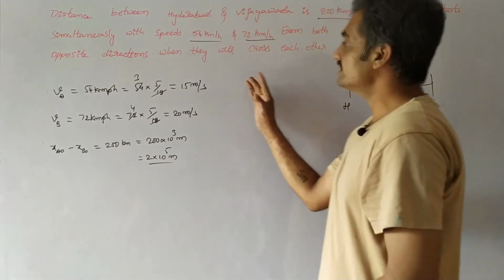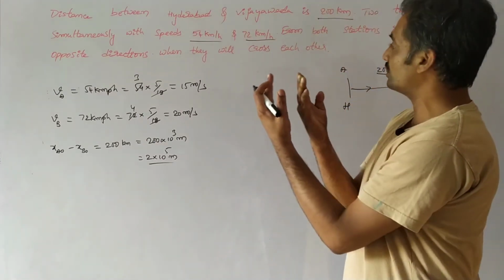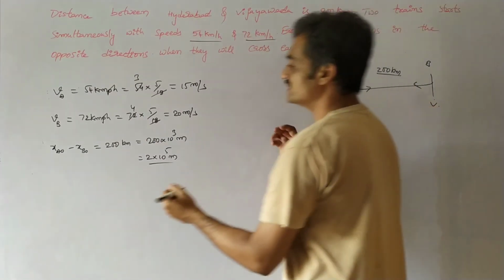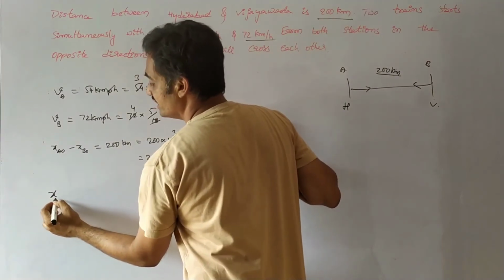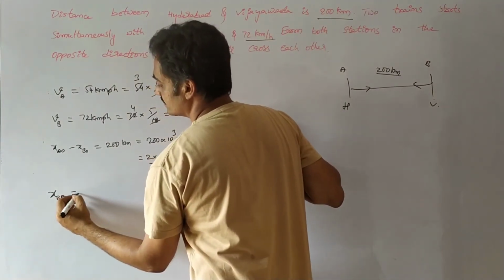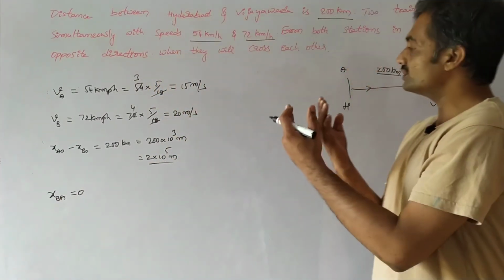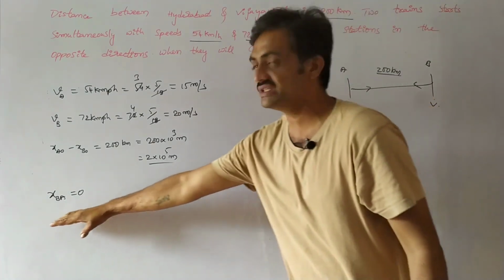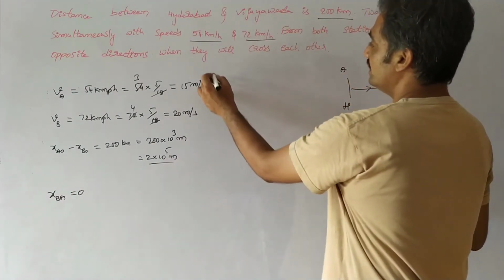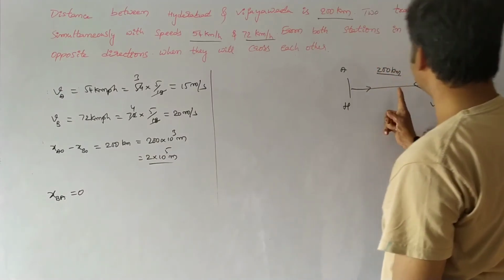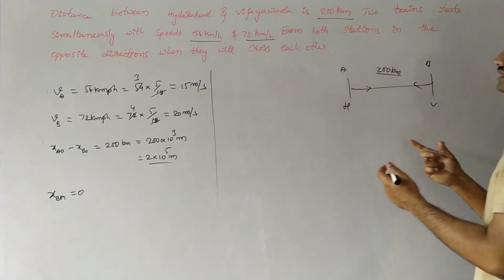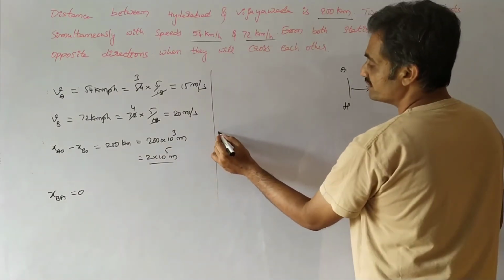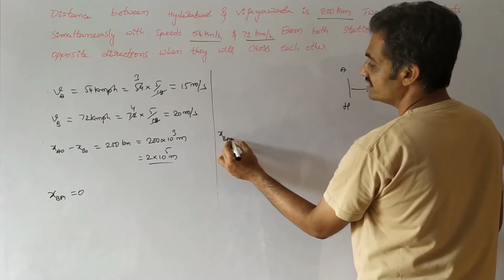Now, as you observe, since the trains are going to cross each other, the relative displacement after a time t is 0. Since they are going to cross each other, the relative displacement between the two trains is 0. Here we have to find the time taken by the two trains to cross each other. In order to find this, consider the displacement formula, and we know that X_BA is equal to